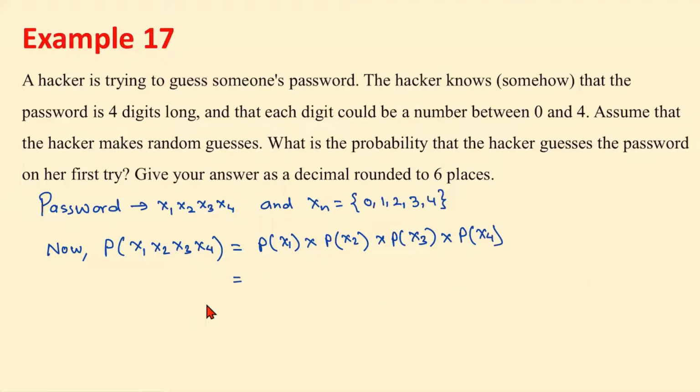And the probability of getting the first one correct, you can see this one is one of these. So it is 1/5, 1 out of 5. One possibility out of these 5 choices, 1, 2, 3, 4, 5. So same for the second, same for the third, same for the fourth, which is same as 1/5 raised to 4, or